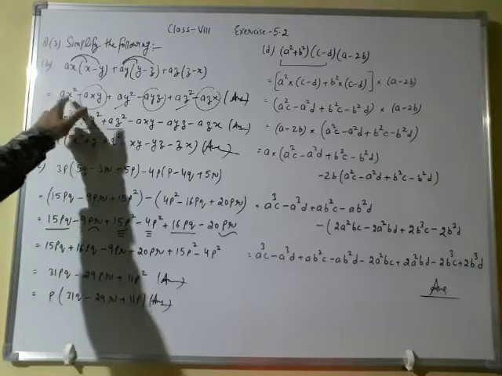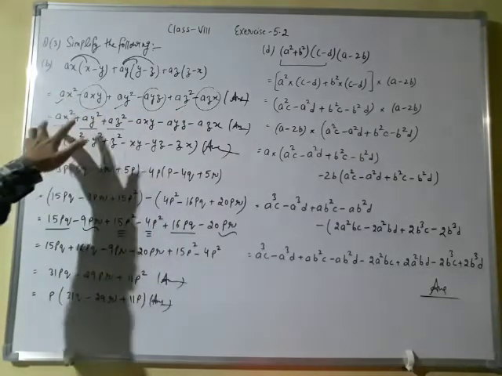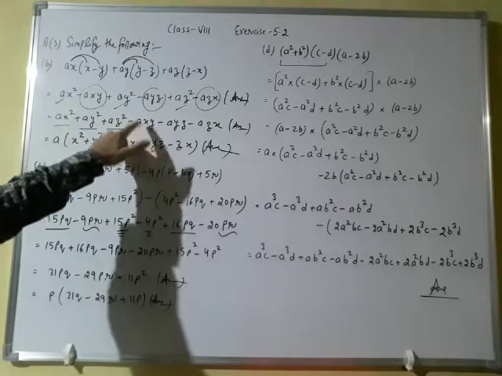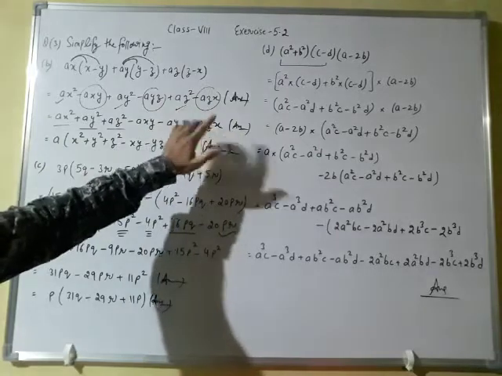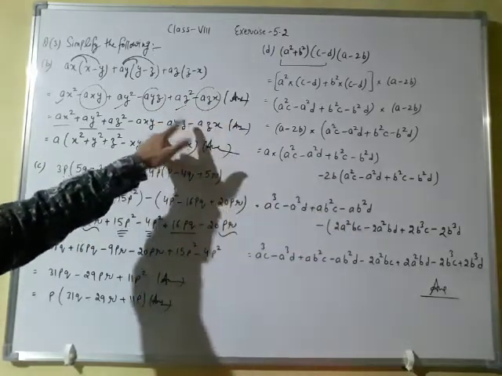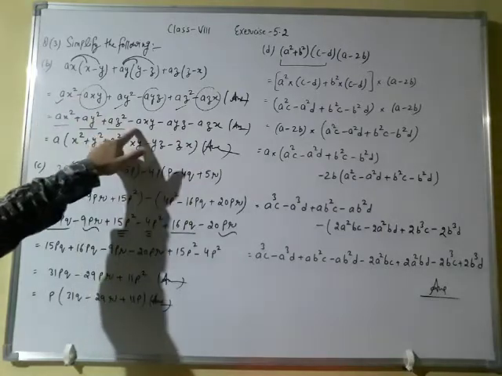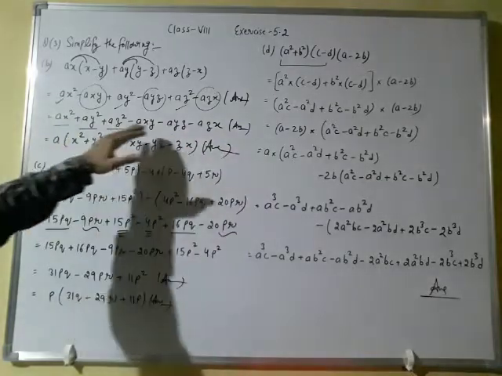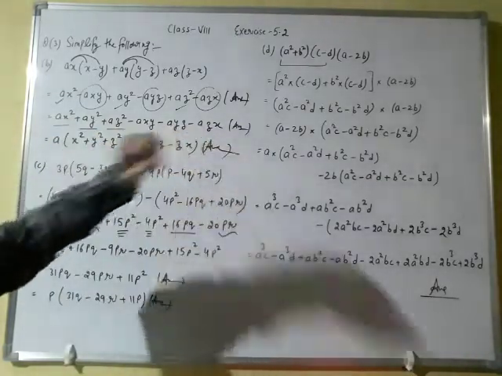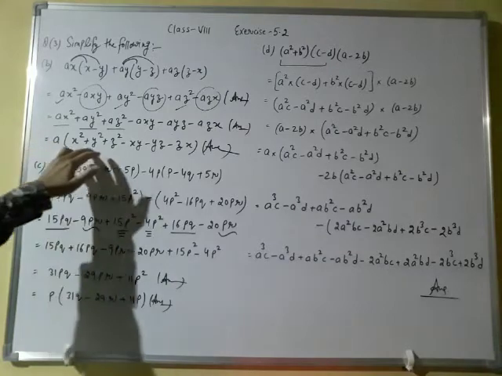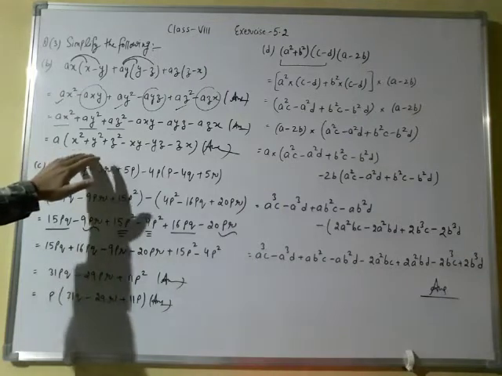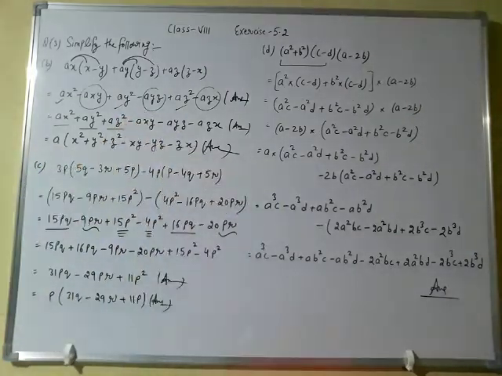Here we can see x square, y square, z square. So we have taken these three terms together and then we have written the remaining terms: axy, ayz, azx along with their sign. This is negative here, this is also negative here, and this is also negative here. Now throughout the algebraic expression, a is common. A is present in all the six terms. So we have taken a common and written down the remaining terms along with their sign. This will be your final answer. This is the least simplified form of the algebraic expression. It cannot be simplified further.